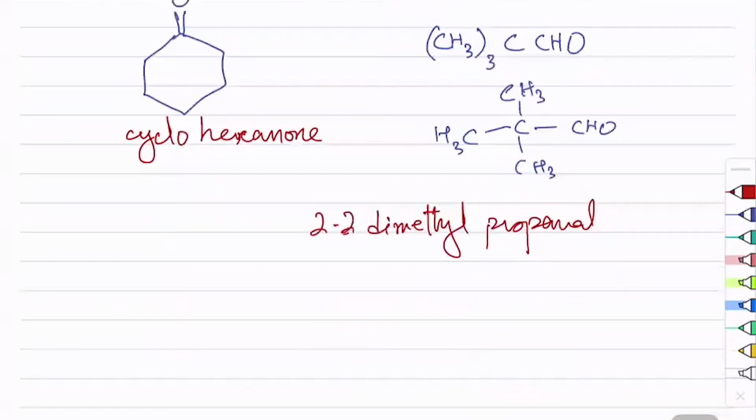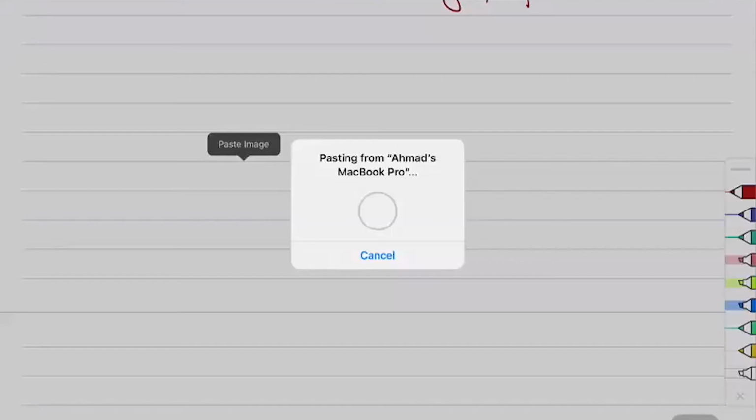Now let's look at their physical properties. So the physical properties are such that the boiling point of these things is lower than the boiling point of alcohol. So if I notice, then